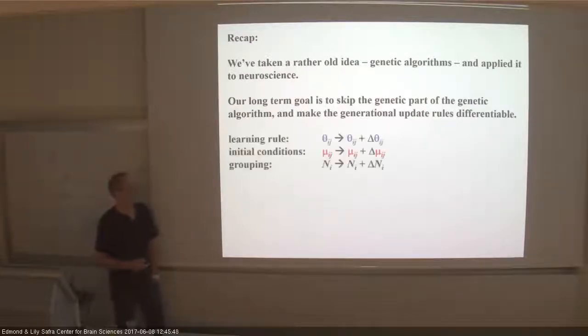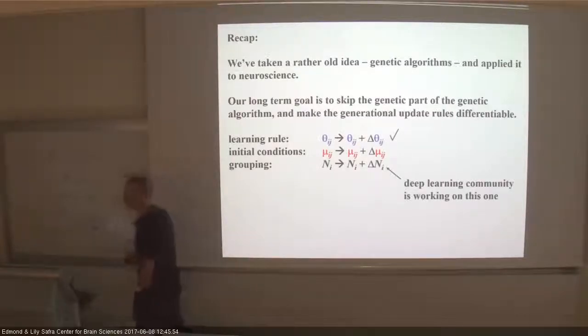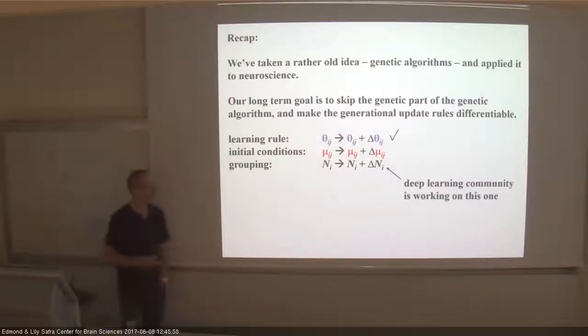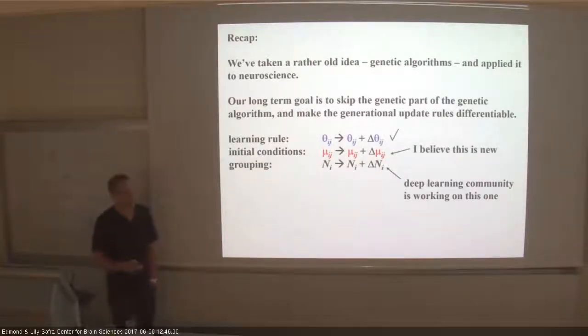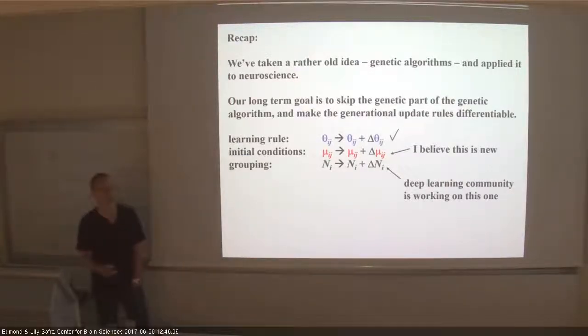so that we can learn a lot faster and get to these parameters much more quickly. And for the learning rule, this we're done. We know how to do that rather efficiently. So the deep learning community is working on this one. We could steal their idea. It's just architecture, maybe hyperparameters. And I believe this is new,